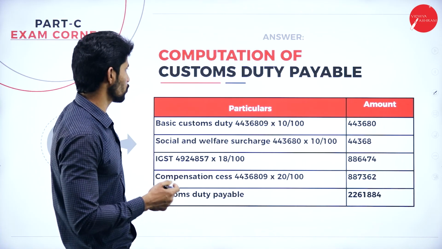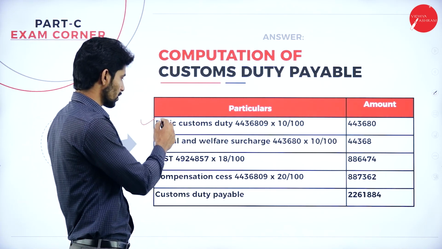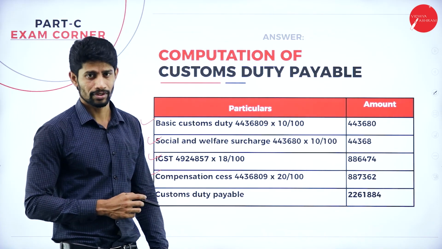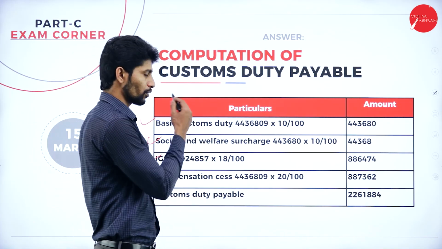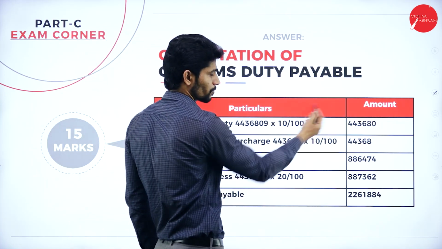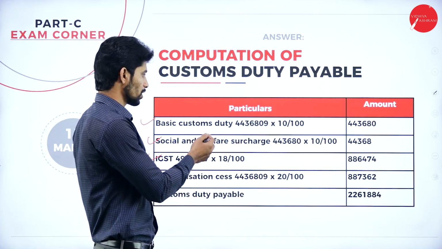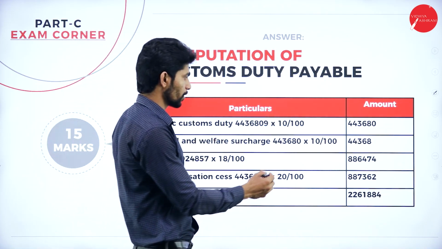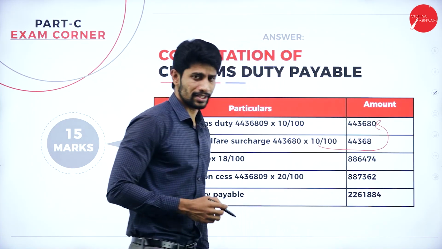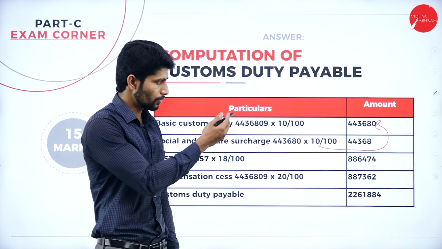Next, you are supposed to compute the custom duty payable. They asked you to find out the basic custom duty, social welfare surcharge, IGST and compensation cess. Always you will be computing the basic custom duty on the assessable value, 10%, you will get this much of value, that is 4,43,680. Next, social welfare surcharge: always you will be computing it on the basic custom duty,